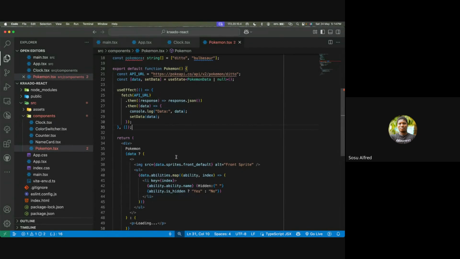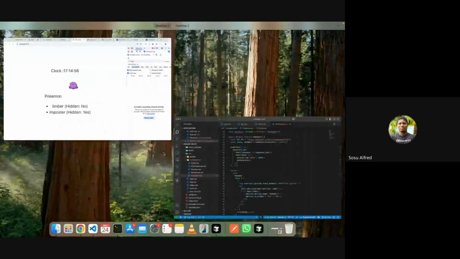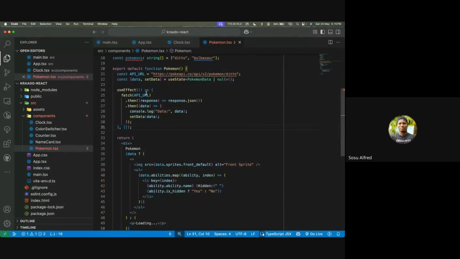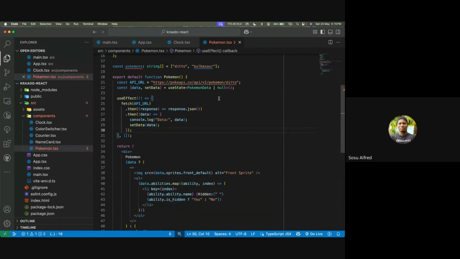Okay, so let's continue from where you left off. So currently, when we load the page, we're able to fetch this Pokemon, and then we have some attributes that we can display. But with the useEffect, we found out that you can also fetch this data depending on when a particular value changes. So let's take advantage of that. So instead of having this hard-coded URL like this, what we are going to do is that,